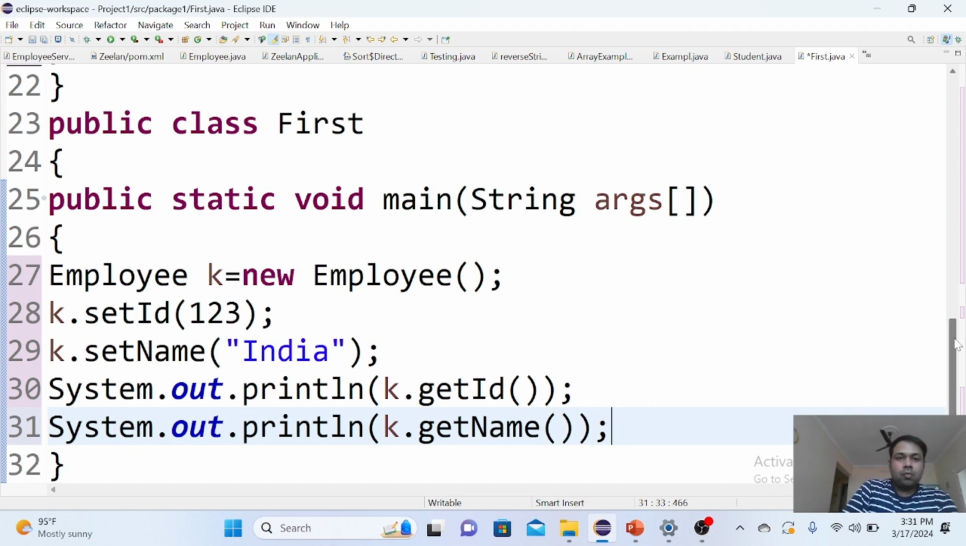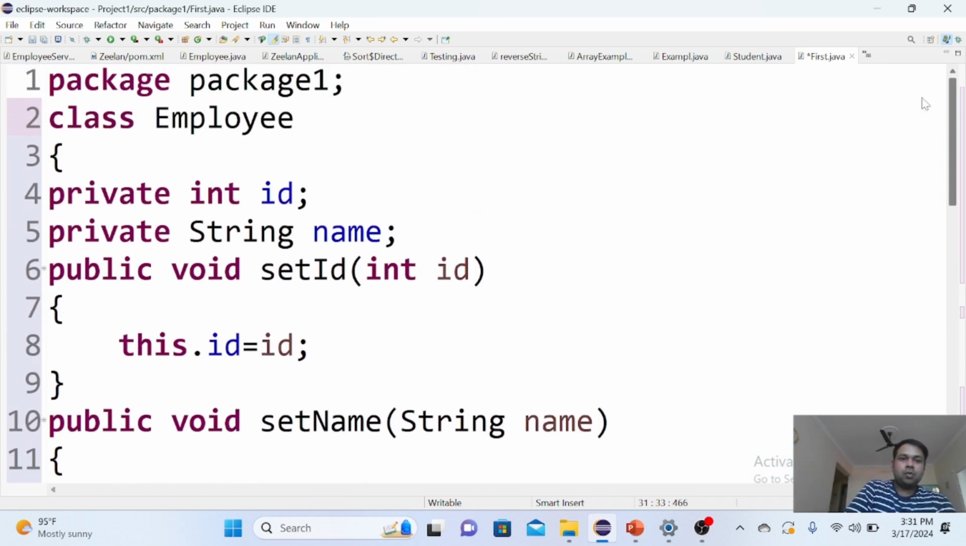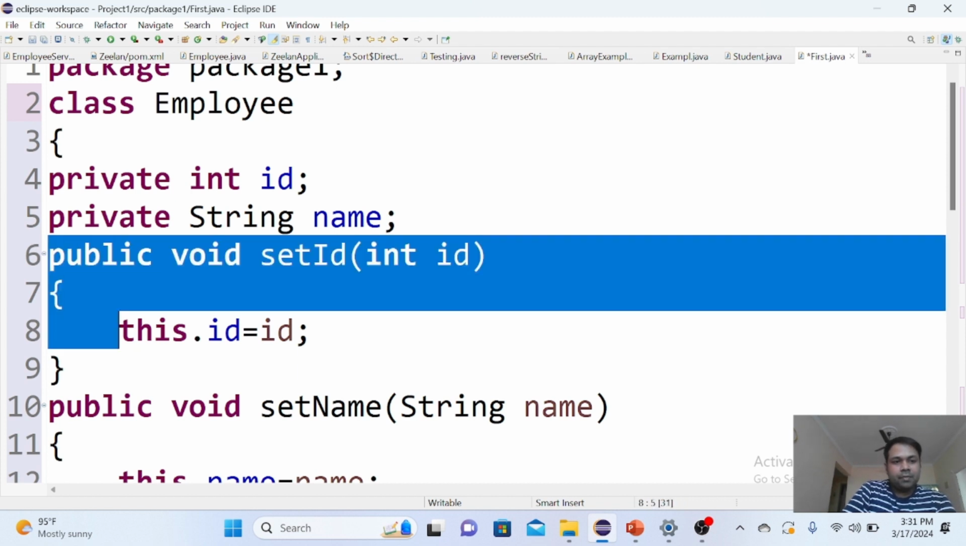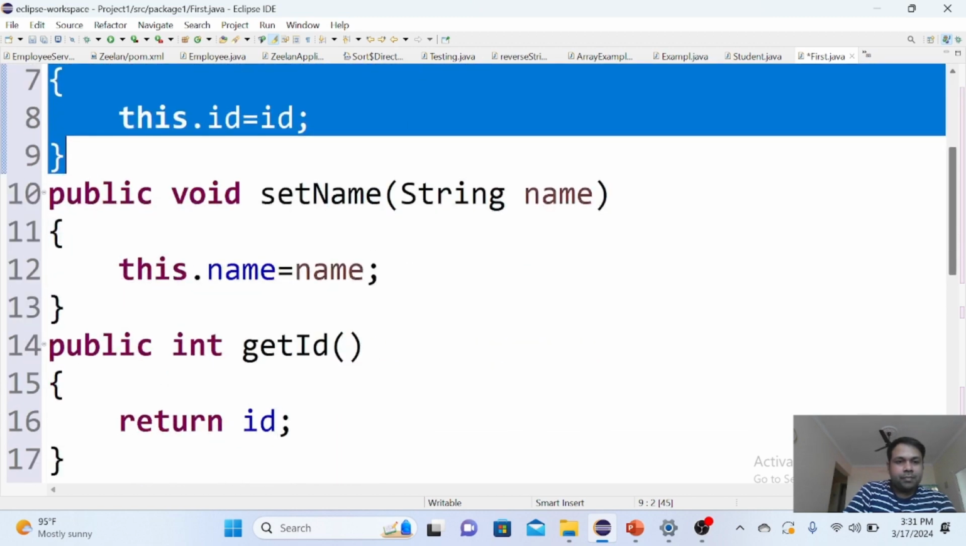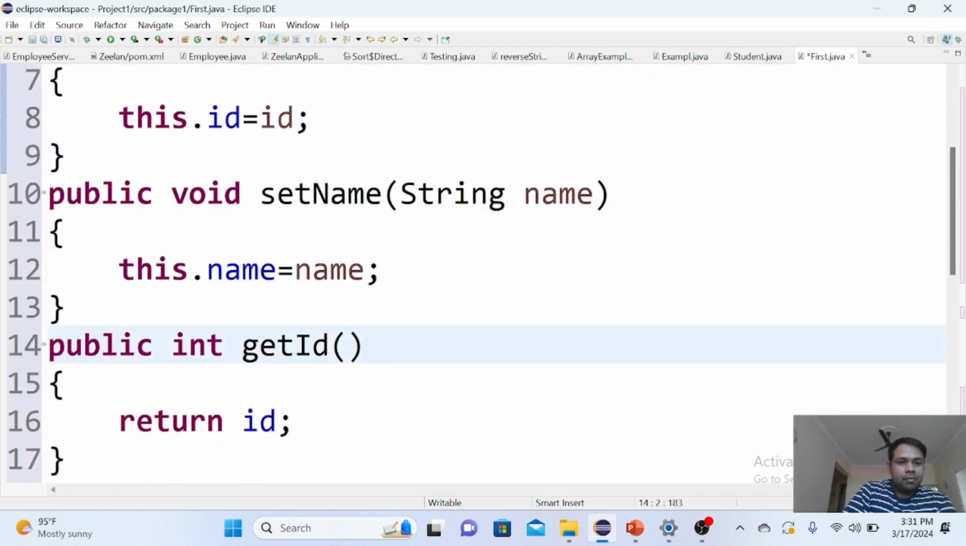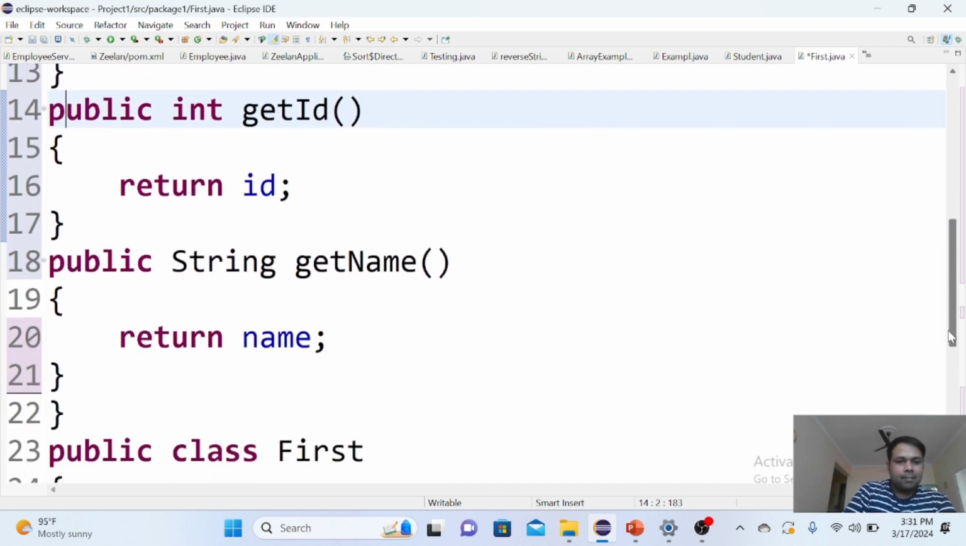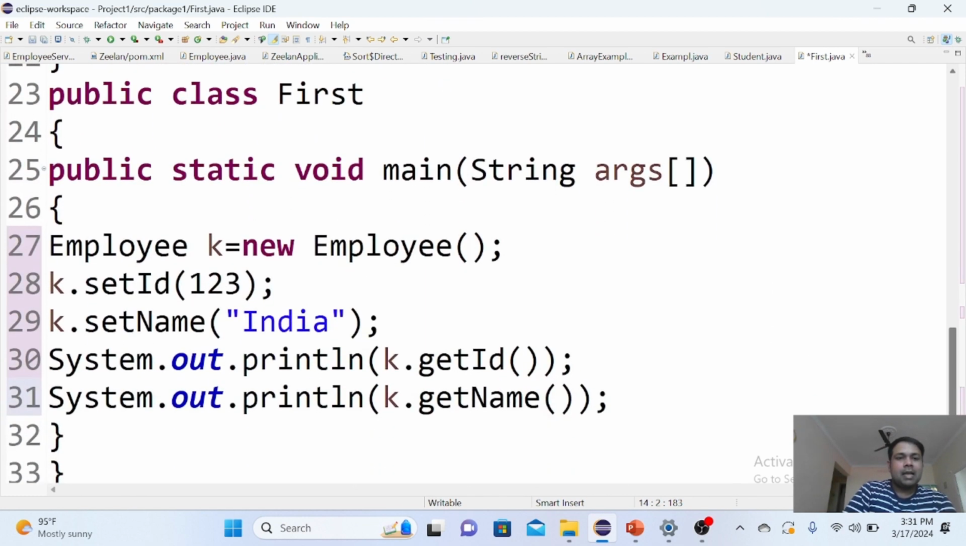Okay. So now what I have done, have a look. We have created a class Employee with private attributes id and name, and we have created a setter method for id, a setter method for name, and then a getter method for id and a getter method for name. After that, within another class, I have created an object k for Employee, and using the same object I made a call to the setter method